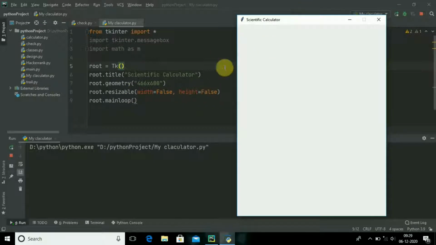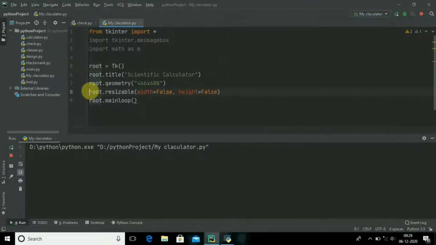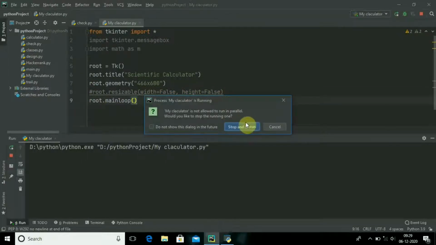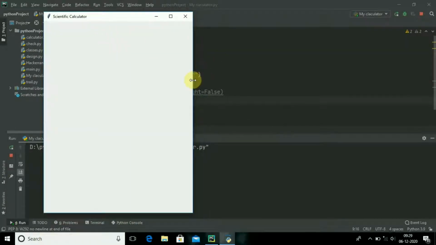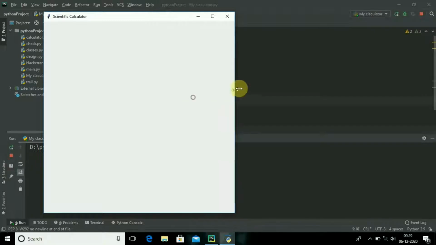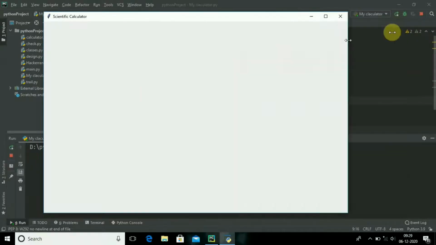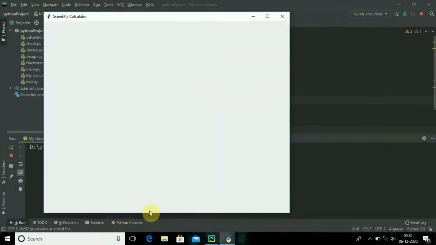Let me show. Let me comment out this one and let me run again. When I run again, you can see now I am able to stretch it, like I can be moving it up or down.